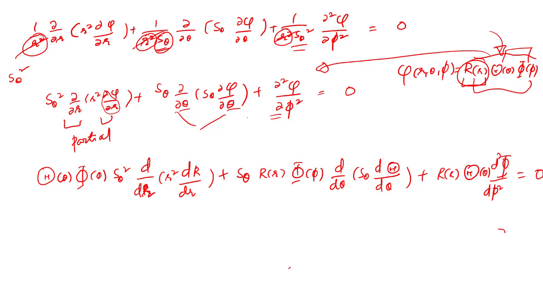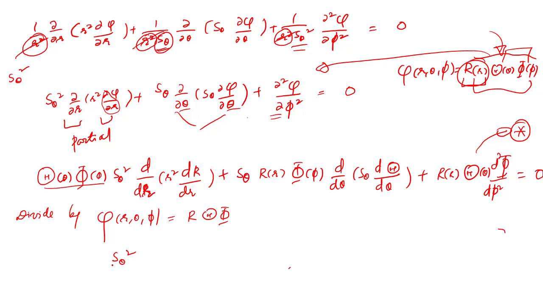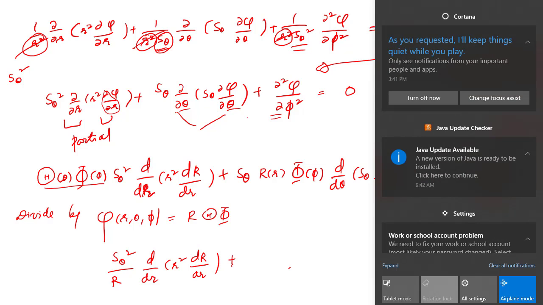Now I can divide this thing by the total function phi of r, theta, phi, which is r times theta times phi. So I'm dividing this equation, let's call it star, by the total function phi. If I do that, the theta and phi would cancel out, so I would get 1 over R d by dr of r squared dR by dr, plus